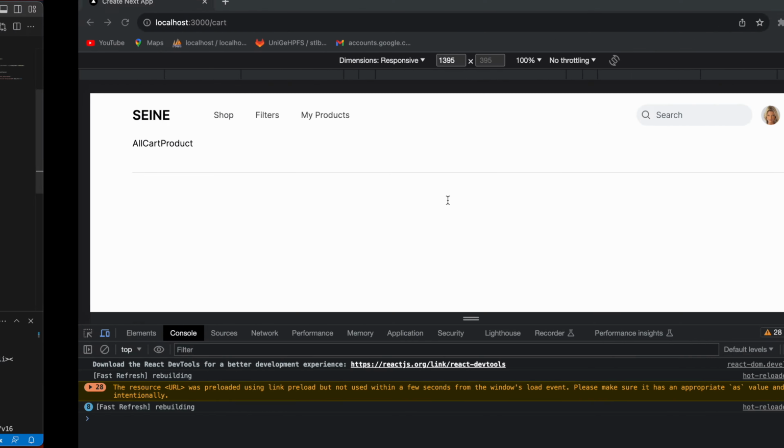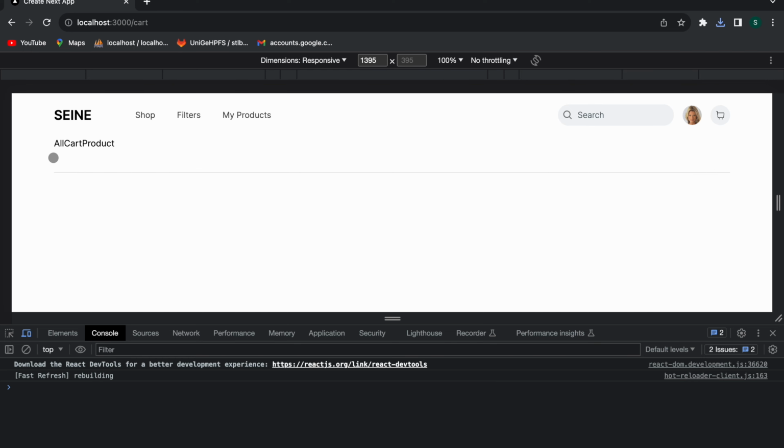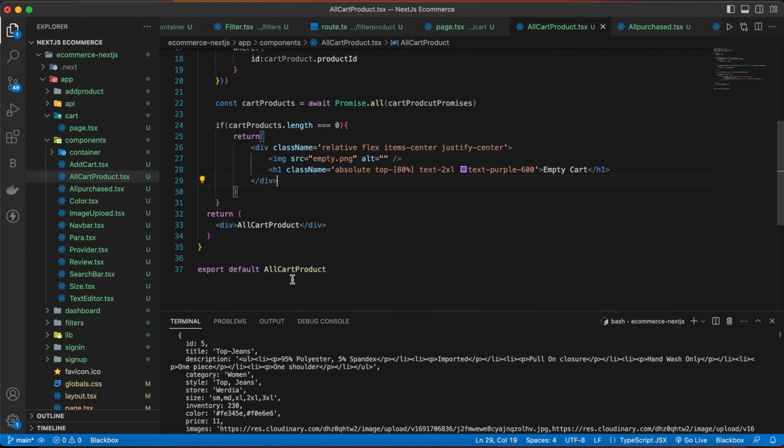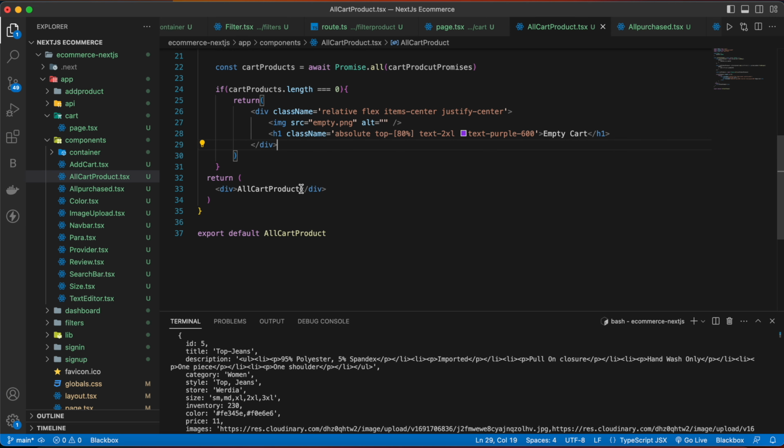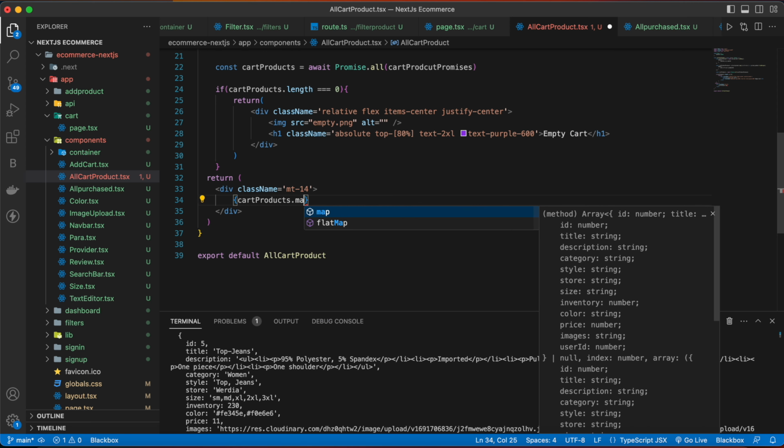Let's save and go back here, and as you can see we are seeing nothing here. That means our cart is not empty. So if our cart is not empty, let's render the products. So first inside this div, give this a class name of empty14, and inside that we are going to map over the cart products. So cart products dot map